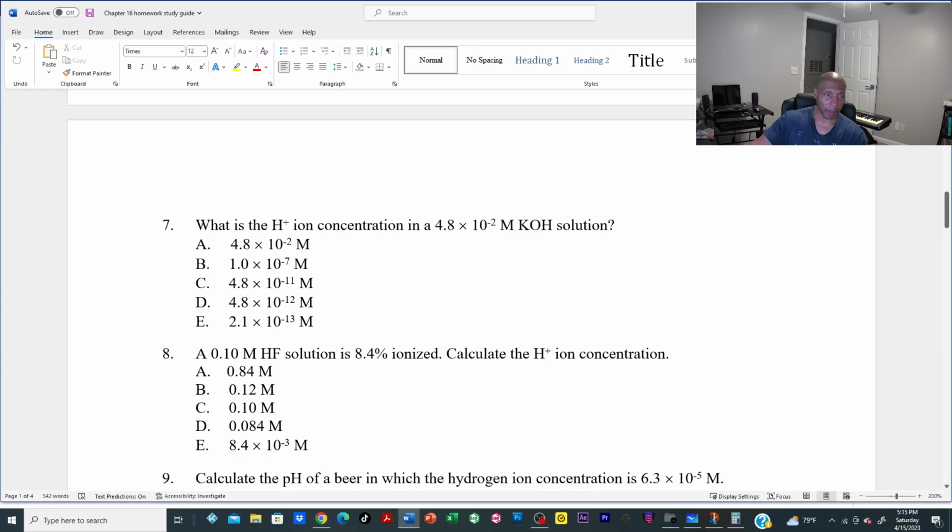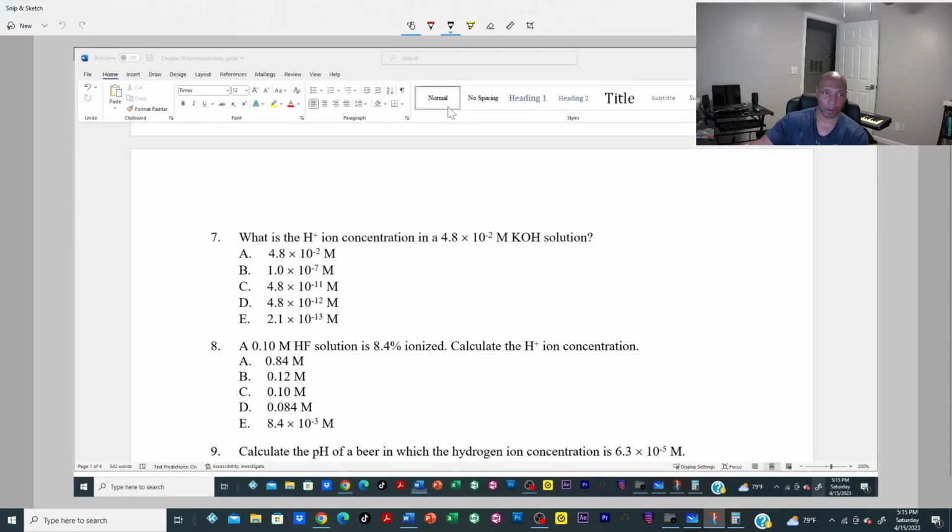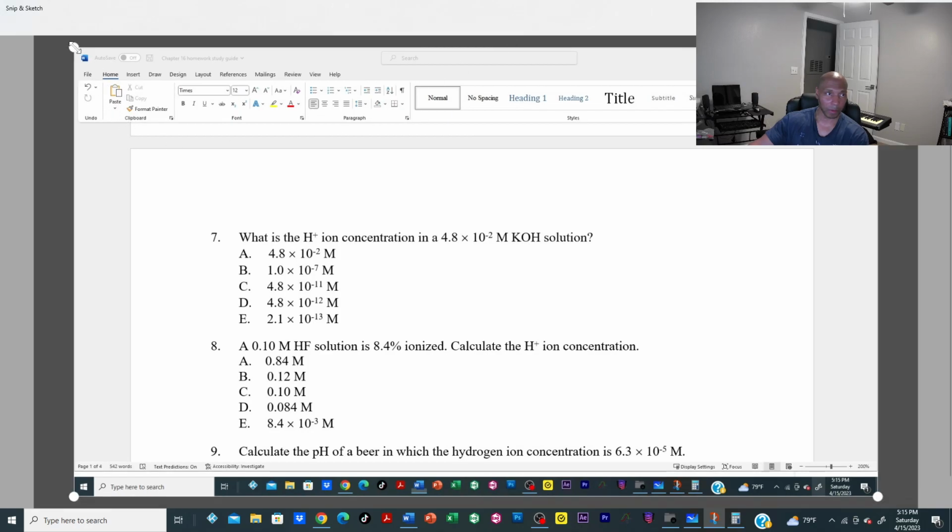And number 8. Number 8 says a 0.10 molar HF solution is 8.4% ionized. Calculate the H plus ion concentration. All right. I don't know. Do I want to do this? Yeah, I'll snip it. First, let me get rid of you. Then I'll go ahead and